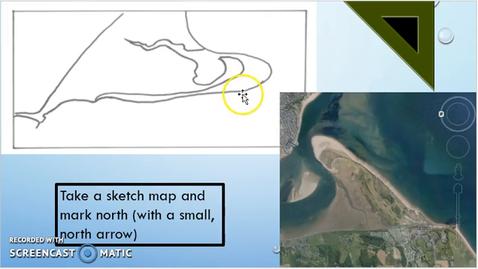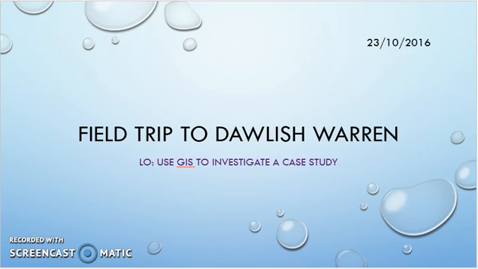You could look at this line here, the front of the spit, compare it to the front of the spit there. Pick 2 points, like this feature down here, that's this feature here, and the end of the spit. Kind of draw a line in your mind. Okay, got it? Excellent. So, field trip to Dawlish Warren, I'm going to use GIS to investigate the case